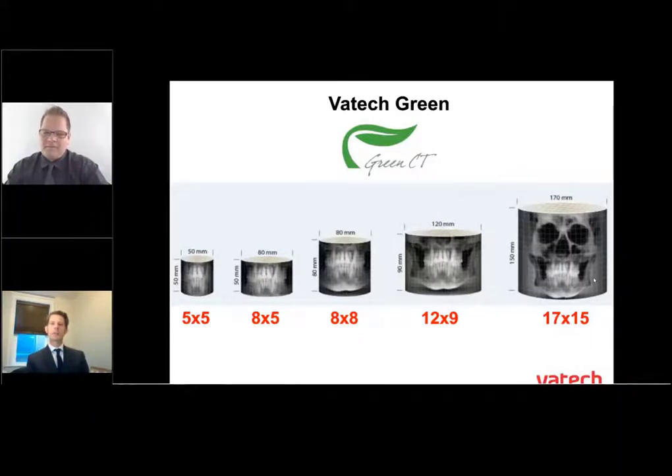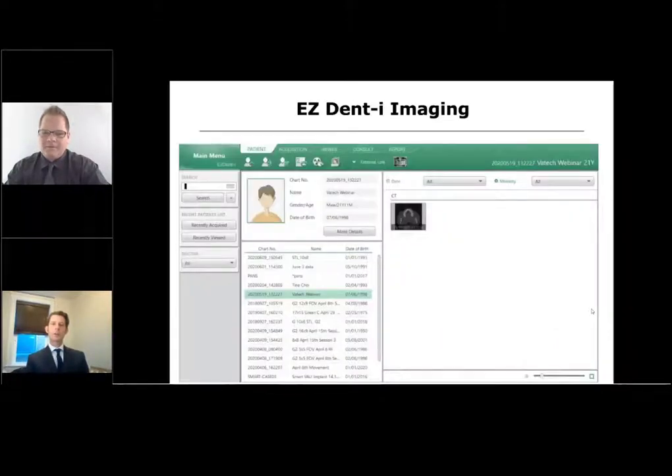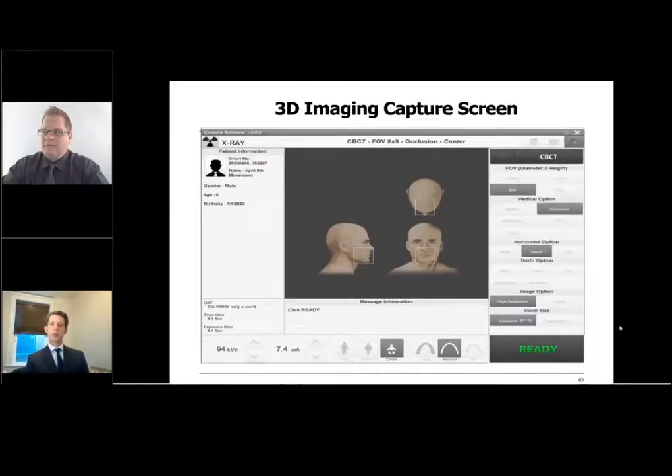So let's talk about capturing with this. We're going to launch from our EasyDent Eye imaging into our Vatech software, just like we did before. So let me pause my screen here, and we can go through a live capture. Paul, we should be back on